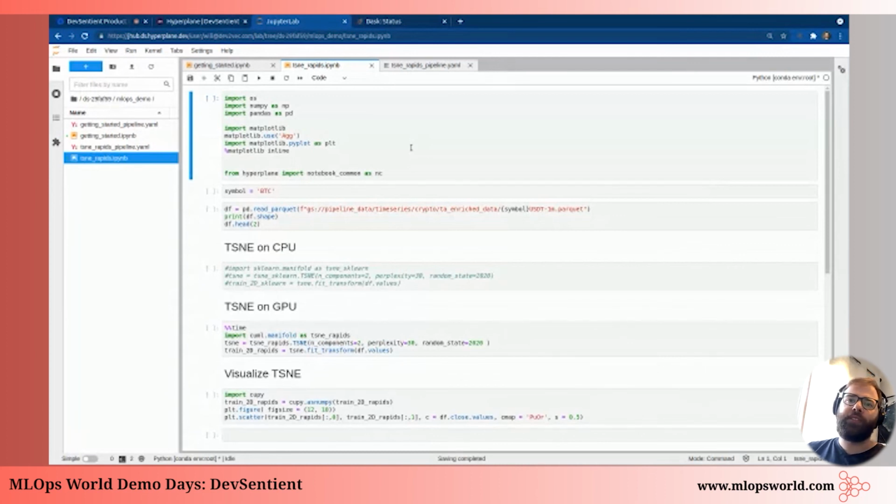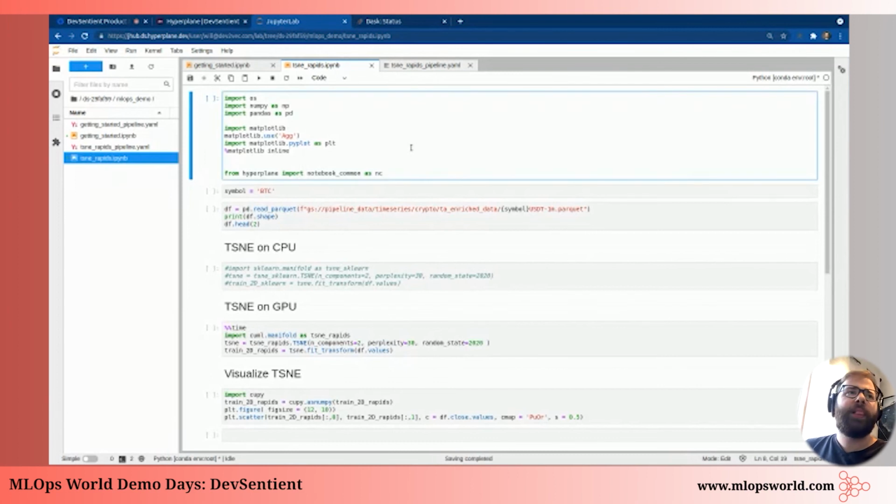Even when it comes to pulling down the Docker containers with those GPU accelerated libraries, they are relatively big and can be slow to pull down. And so we've done a number of different optimizations to make sure that there's a great user experience when working with some of these larger libraries.